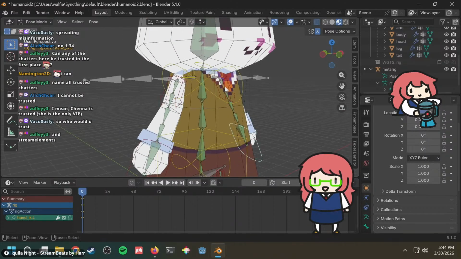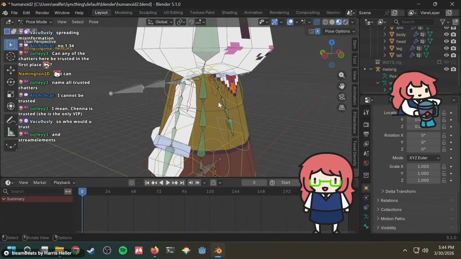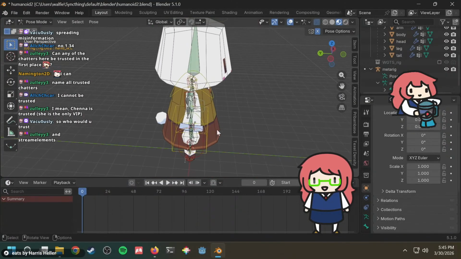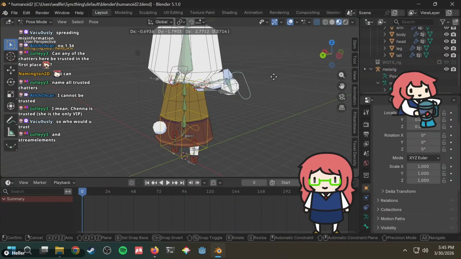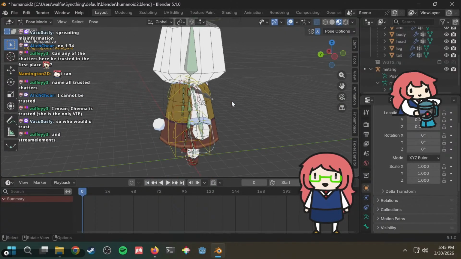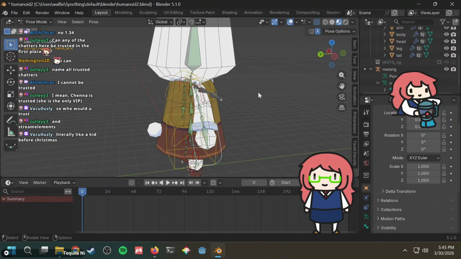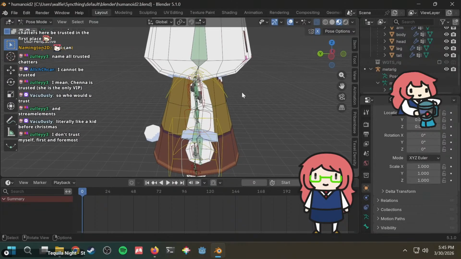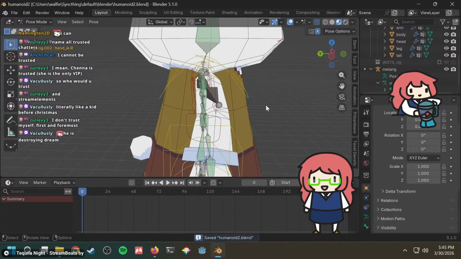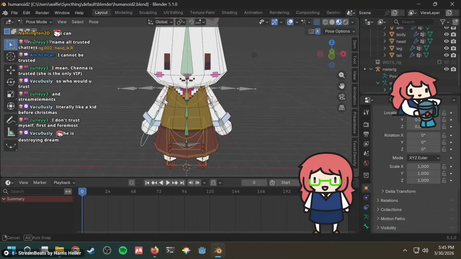This guy was lying about the update. I was staying up all night. I was like, oh, I'm not gonna go to sleep until Denchi releases this new version that he promised. I'm just kidding. I went to sleep. I slept pretty well. Literally, the kid before Christmas. No. I don't trust myself. What? Can't believe that he would not trust himself.